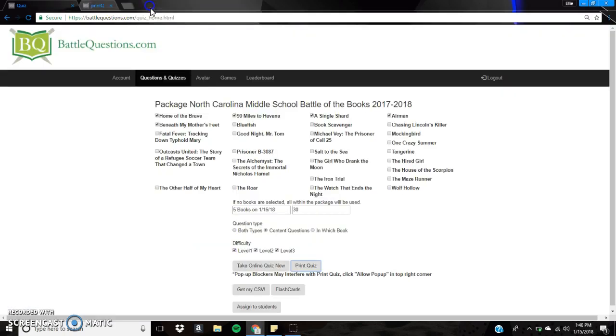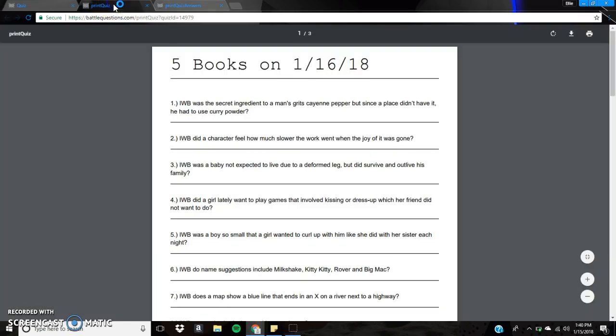And then for in which book, we do the same exact thing. Select in which book only, print quiz, and you will have the 2 tabs with the quiz and the quiz